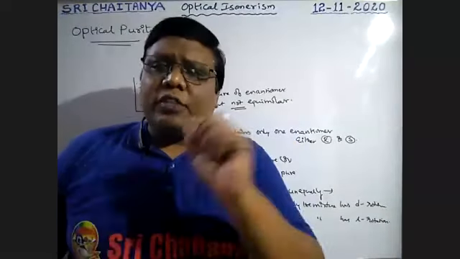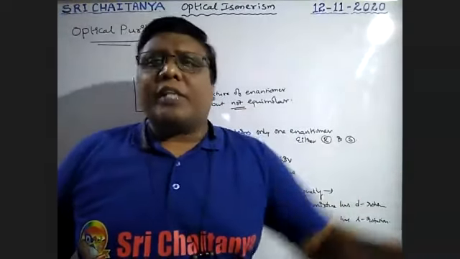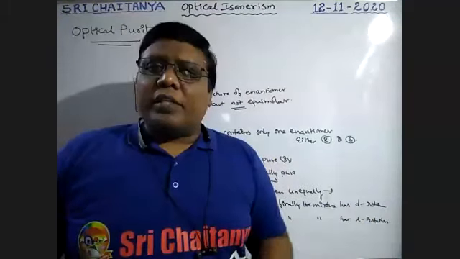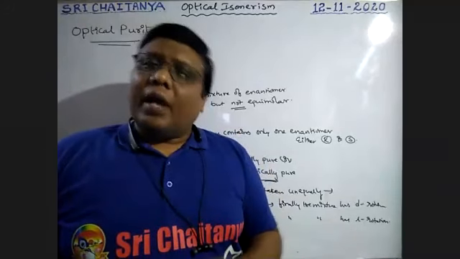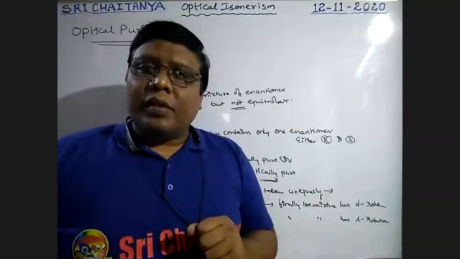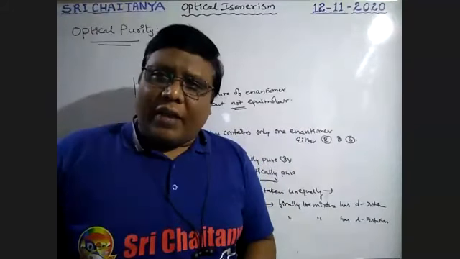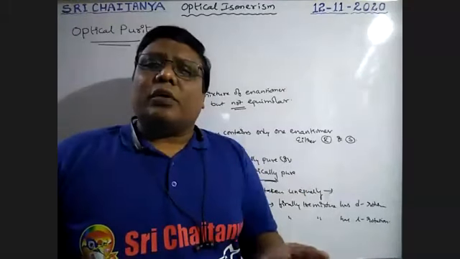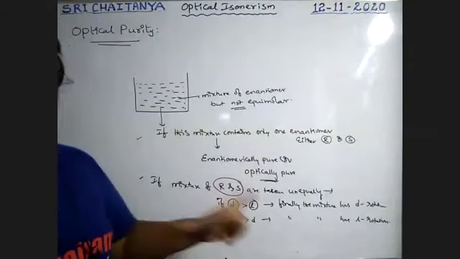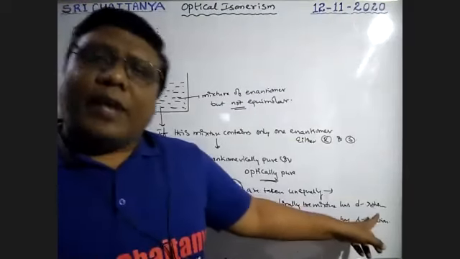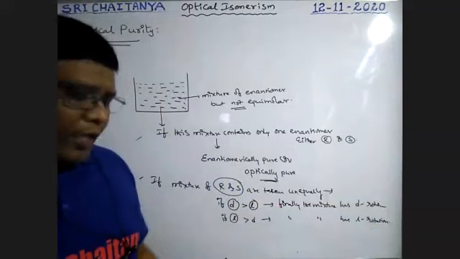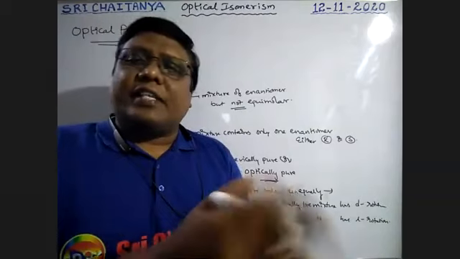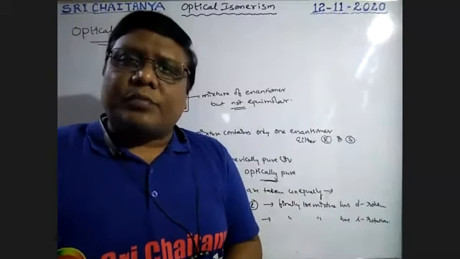If only dextro or only levo is there, the total compound is dextro or the total compound is levo. So no cancellation, boys. But if unequal amounts of dextro and levo compounds are available, if dextro is more, then the final mixture is dextrorotatory. If levo is more, the final mixture is levorotatory. So some fraction is cancelled and the remaining fraction is rotated, boys.